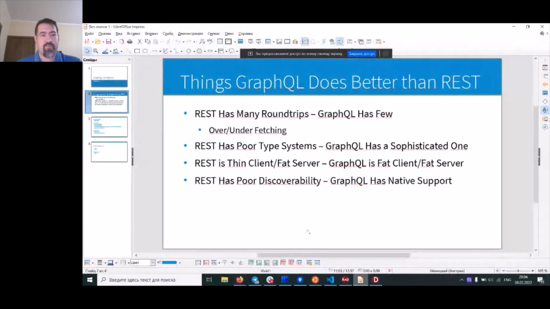I'll try to compare GraphQL with REST because I'm sure that everyone had experience with REST. Let me share my screen.